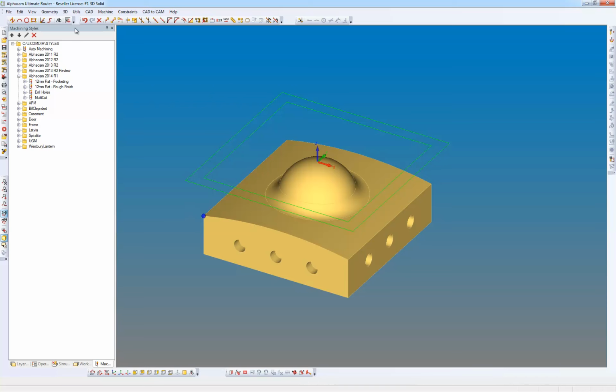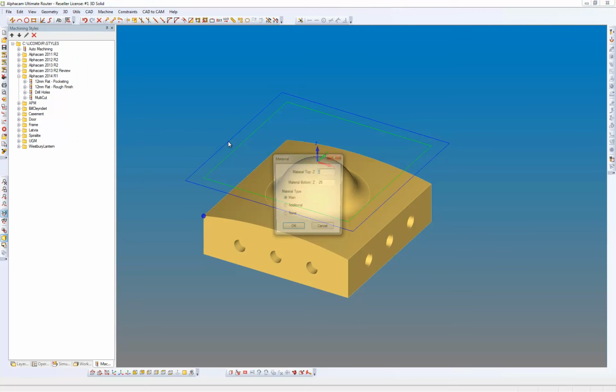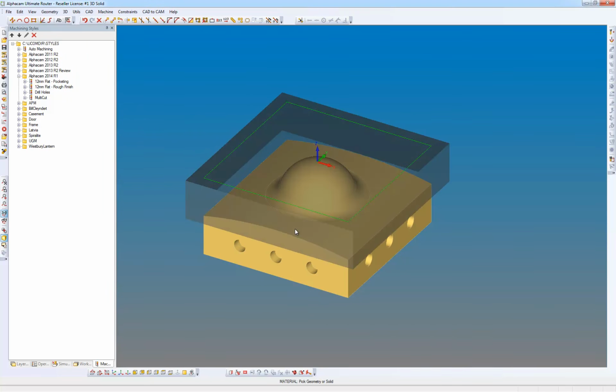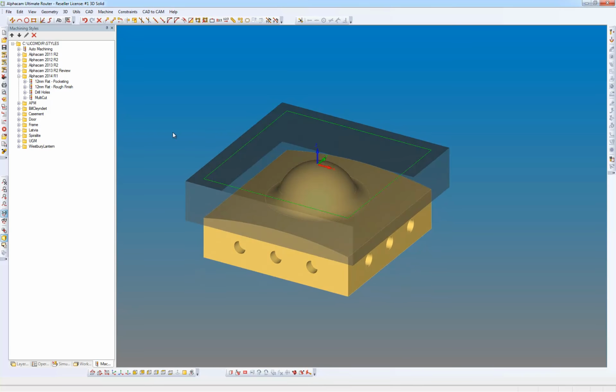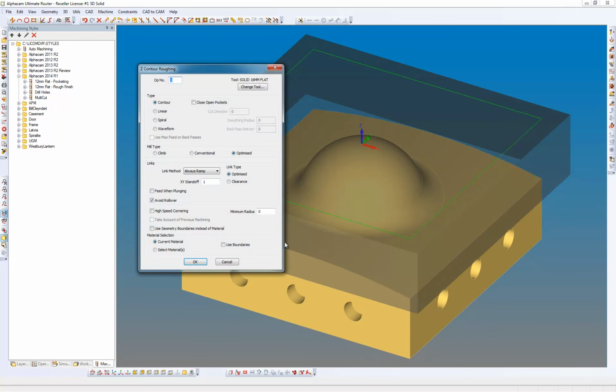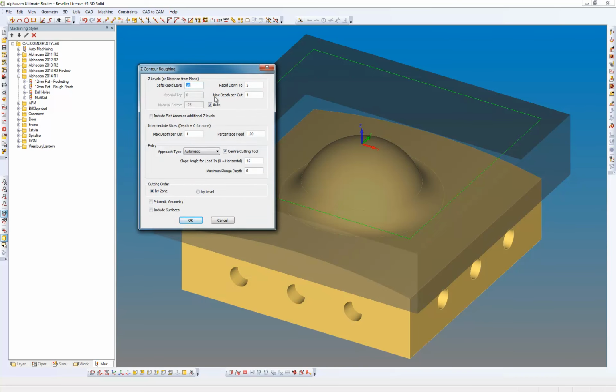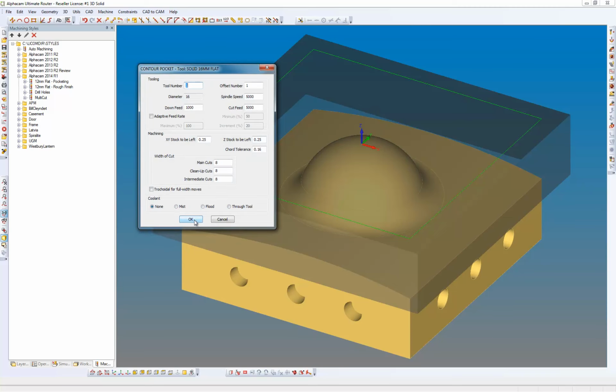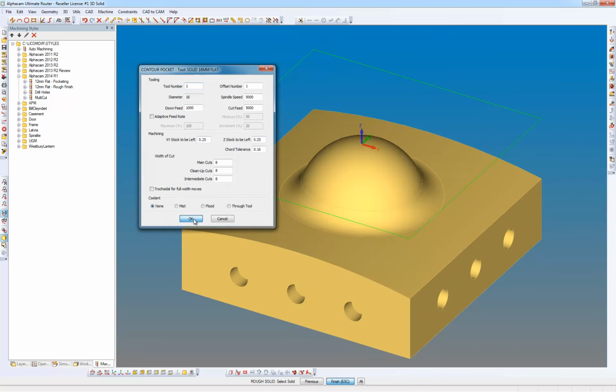So if I go back to the 3D menu, set materials, pick the square, and we're going to go down to -25. I'm going to go ahead and select that tool, that solid tool that I previously defined. And we're going to go to the Machine menu, and we're going to do some 3D solid machining, Z contour roughing. So I'm going to do some contour machining, and we're going to be optimized. So OK to that. Safe rapid level, rapid down to, and now we've got a maximum depth of cut of 4mm, and what we're interested in here also is the intermediate slices, so we've got that set to 1. Okay, tool number, speeds and feeds obviously from the tool definition, and we've got 0.25 stock in X and Y and Z. So if we say